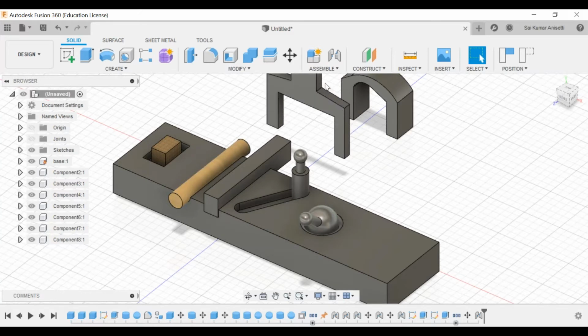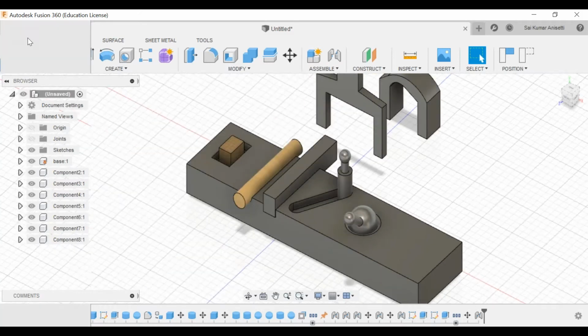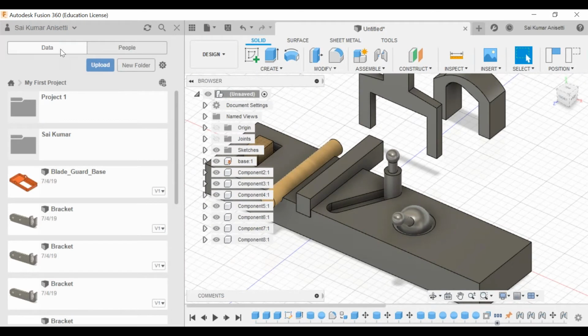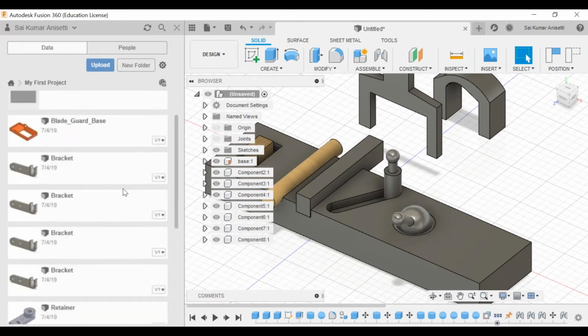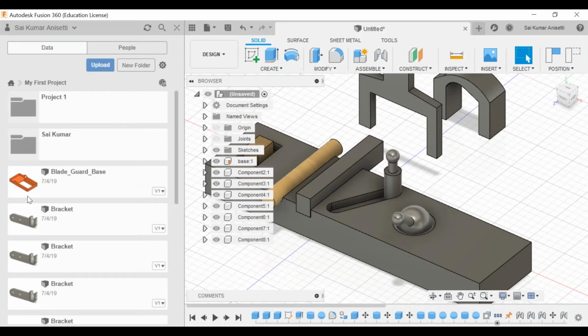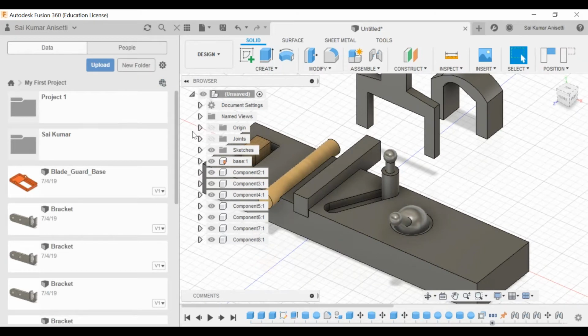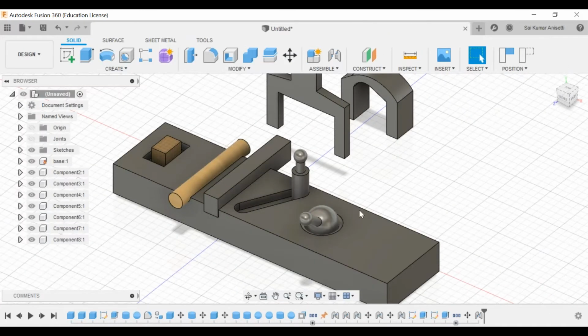If you open this, I guess in your default data library you might have some default examples that I don't have right now. You can go to the web and see there are some examples. Apart from these examples, you create your own parts and assemble them. So first you model your parts, change them into components and try to assemble them.